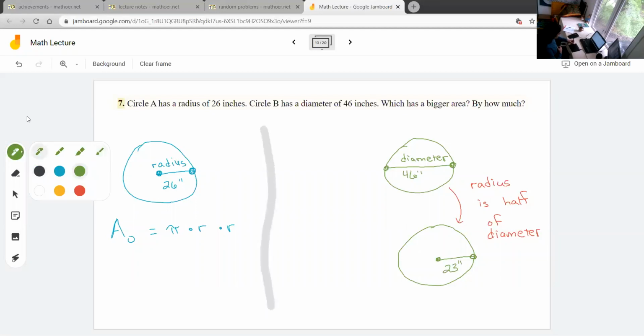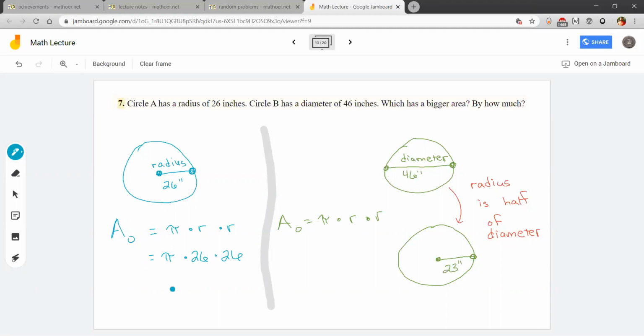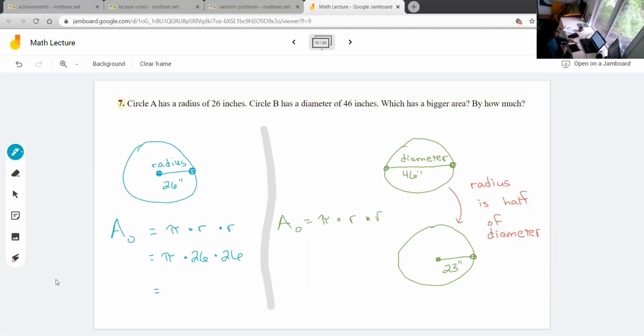On this side, area of a circle is pi times radius times radius. Whoa. So before you shout out the answer,